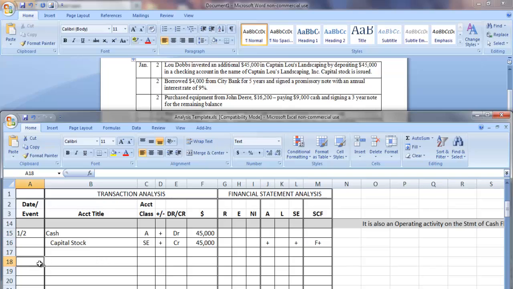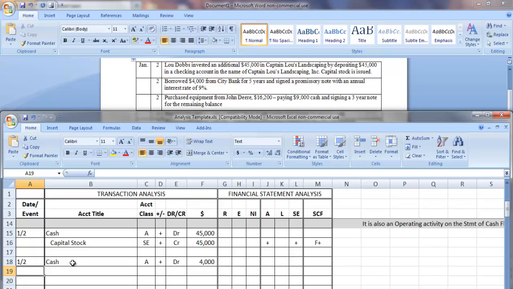Taking a look at the next transaction, we see that also on January 2nd, the business borrowed $4,000 from Citibank for 5 years, signed a promissory note with an annual interest rate of 9%. Again, break that up as you go. So January 2nd, first two words, borrowed $4,000. Well, we know we've once again increased our cash by $4,000. So we're going to increase the cash account,